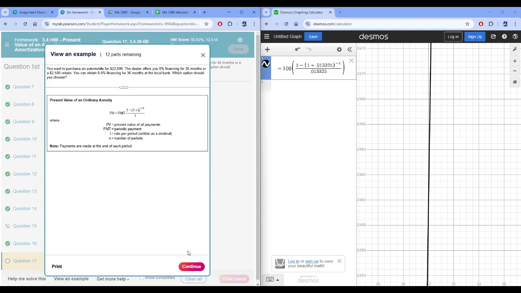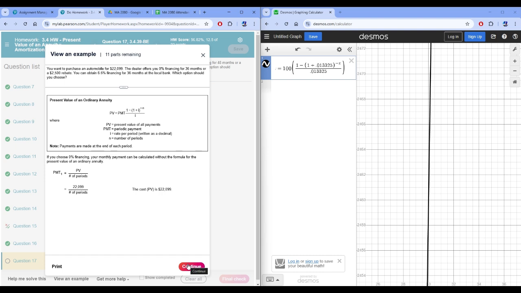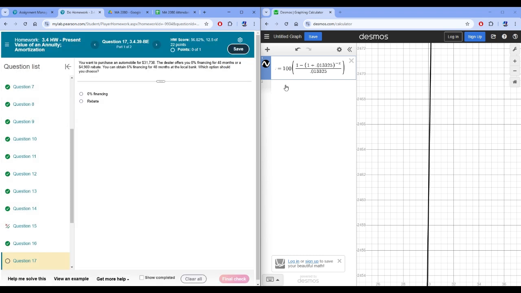So we need to find the present value. Yeah, I got that. That's the price. And then what we got divided by the number of months. Calculate monthly payment. I got it. That makes sense. $31,738 divided by the 48 months means that I'm going to have a $661 payment. So now the question is, or you can obtain